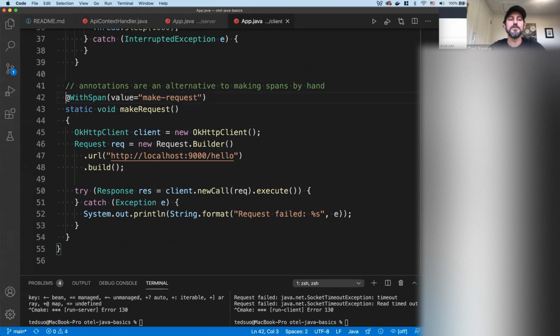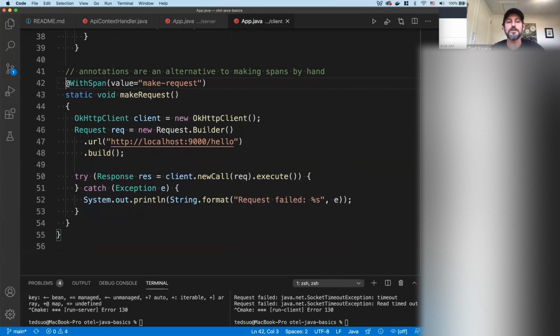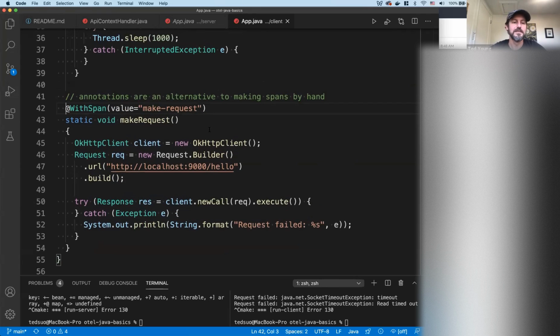Though I do want to recommend you don't necessarily want to be making lots and lots of child spans. We can go into some of those details later, but ideally you want to have fewer spans that have more correlations and more attributes on it, rather than lots and lots of small spans. You should only be creating child spans if you're specifically trying to measure the latency of a particular operation. So sometimes people think span equals function, like every function should be wrapped in a span, but that's actually overkill, serious overkill.